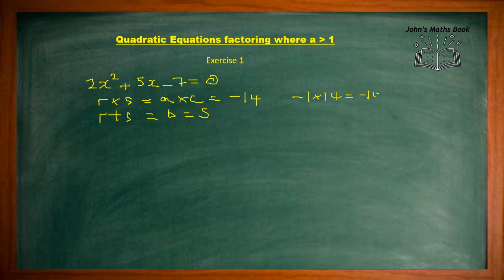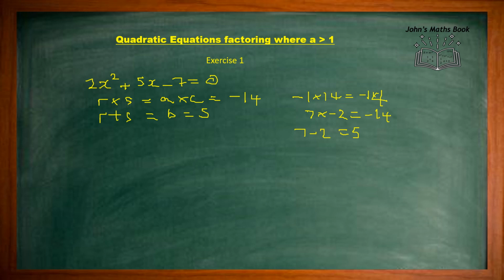But when we add minus 1 to 14, we get 13, so that doesn't do the job. So let's look at 7 and minus 2. 7 times minus 2 also gives minus 14. Now when we add 7 and minus 2, that gives a value of 5, which is what we want. So we can use the values of 7 and minus 2